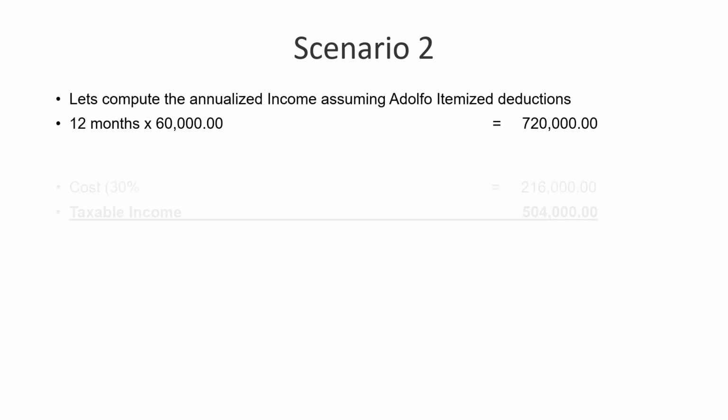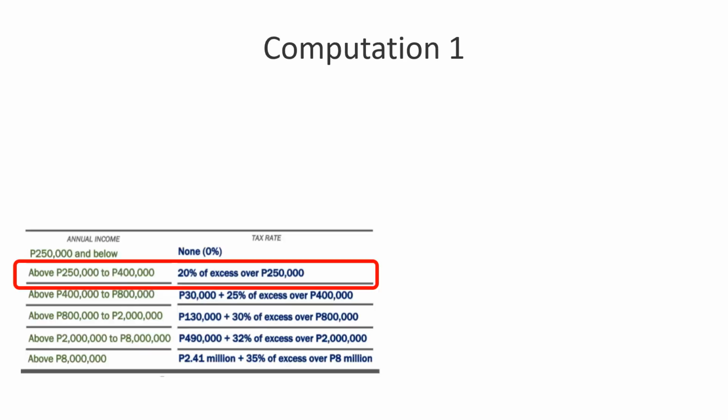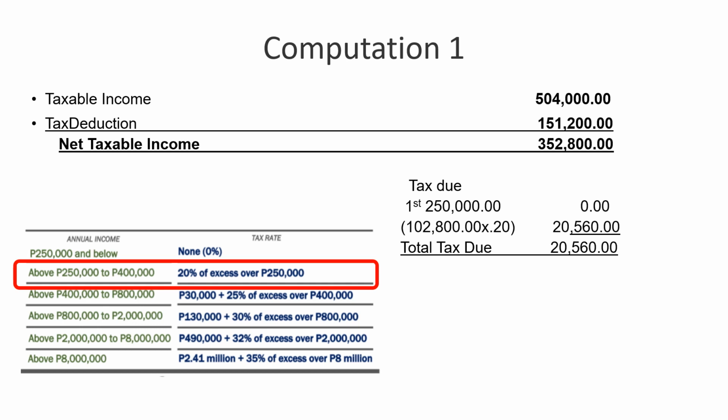So, let's compute now. So, yung total natin or dun sa itemized deduction, we have 30, 18, 96, and 72. That's 151,200. So, therefore, yung net taxable income natin is 352,800. So, ito na yung isa-subject natin ngayon. So, take note, we have taxable income, 504. Yung deductions natin coming from the itemized kasi ito, net profit na siya or gross profit. So, taxable deduction, it's 151,200. So, therefore, we have the net taxable income of